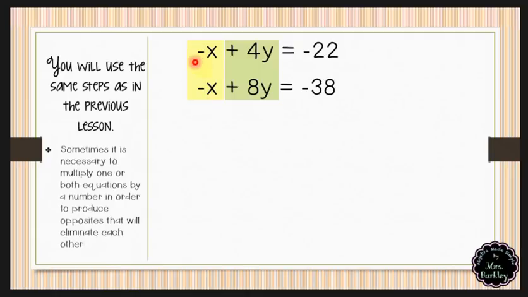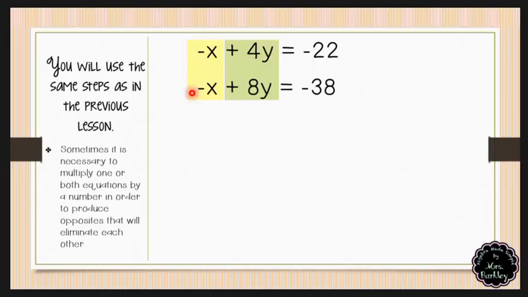So I have a coefficient of negative 1 for x in the top equation, and in the bottom equation I have a coefficient of negative 1. If I want to make those opposites, then I would need to have one coefficient be negative 1 and the other coefficient be a positive 1. So in order to do that, I can multiply by a negative 1 to make one of those a positive 1. Because if I multiply negative 1 by a negative 1, that would give me that positive 1 coefficient that